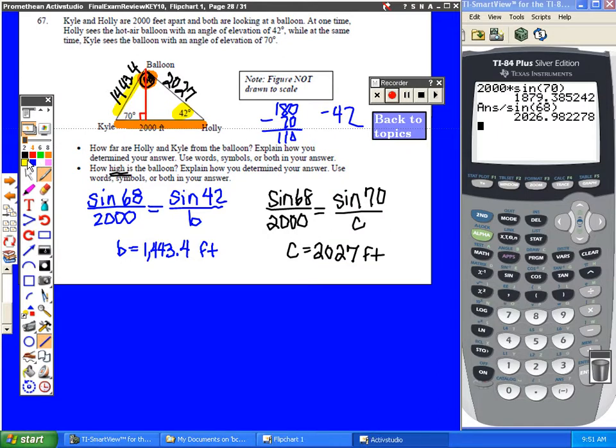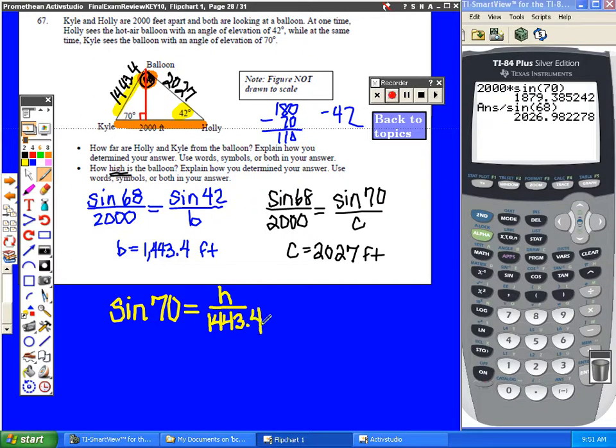Okay, so the last part, why don't we use, let's see, we're trying to find this height, which is opposite the 70. So let's see, we need the opposite over the hypotenuse. Why don't we use sine? The sine of 70 degrees is equal to the opposite, which in this case is height, over hypotenuse,